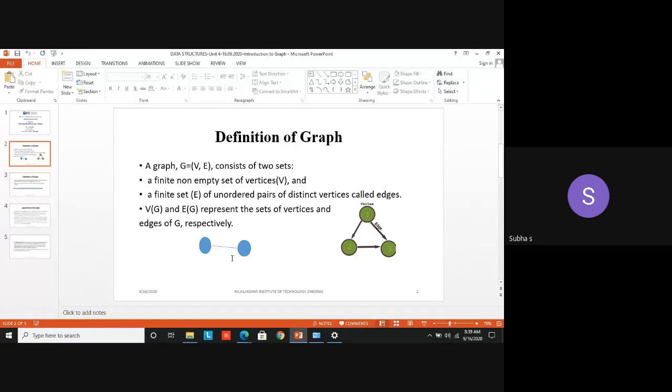Okay. So just first look at the blue color diagram. I didn't mention any name. I have mentioned two nodes. This circle denotes the node. These two nodes, if they are simply present, means there is no use at all. They should be connected. They are connected using a term called what? Edge. So this line is called as edge. So this is a representation of a graph.